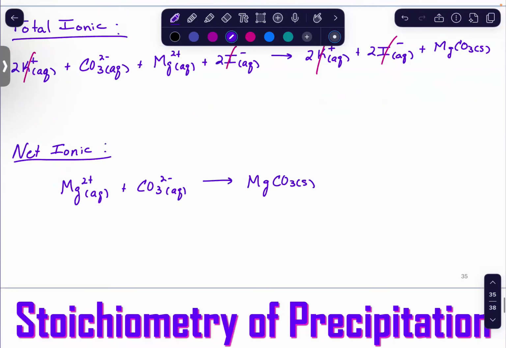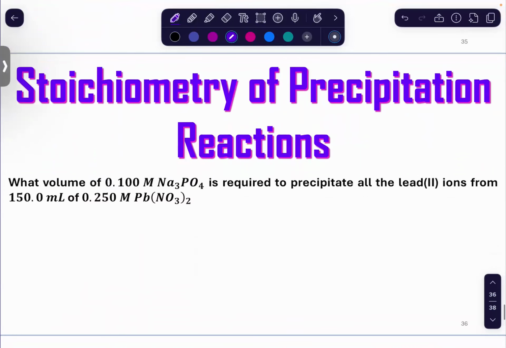Now, can we do stoichiometry for these precipitation reactions? We've already done some stoichiometric calculations, and you're going to find that the rules stay the same. It doesn't matter what kind of reaction it is. You're going to translate things to moles, do mole-to-mole comparisons, and solve your calculations by the same rules. So here it's like, what volume of 0.1 molar sodium phosphate is required to precipitate all the lead ions from 150 milliliters of 0.25 molar